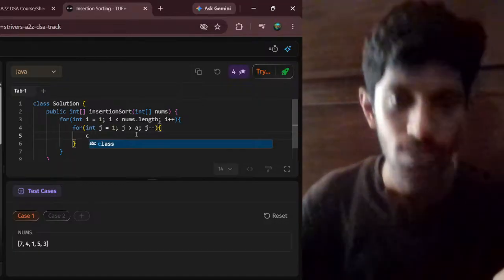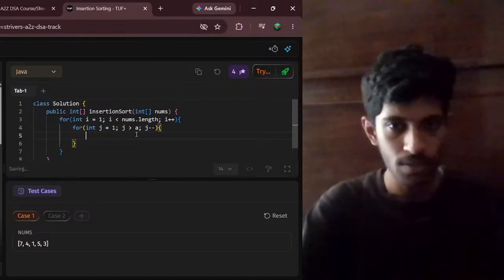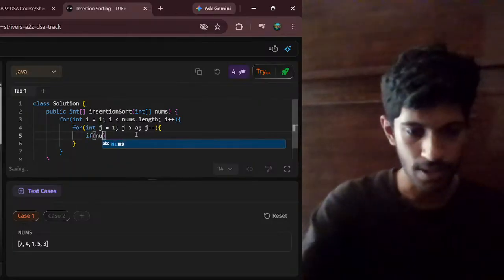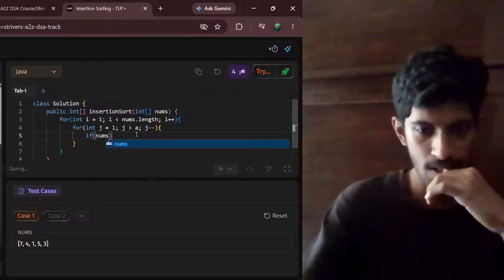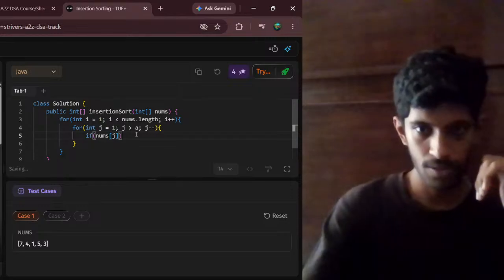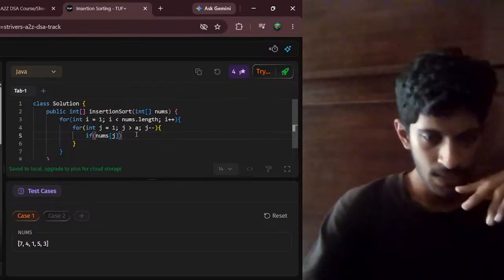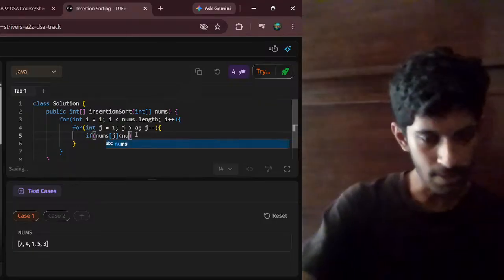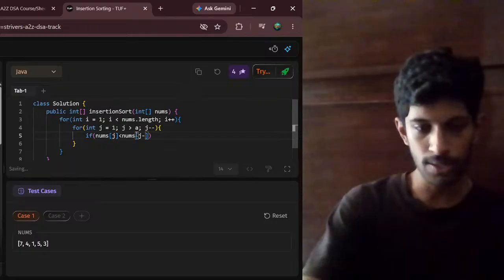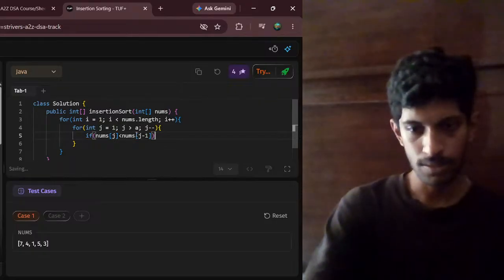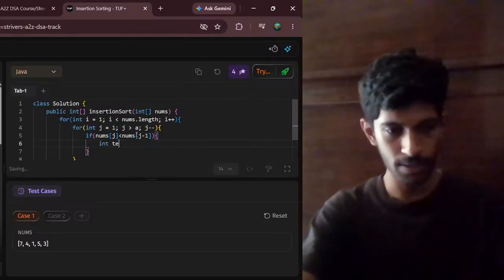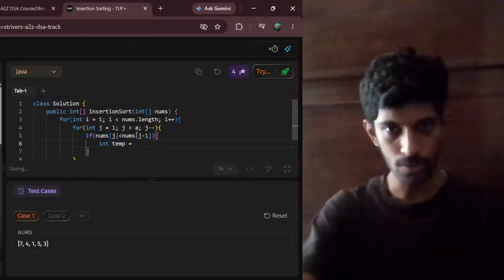If nums[j] is less than nums[j minus 1], then swap them. So int temp is equal to,